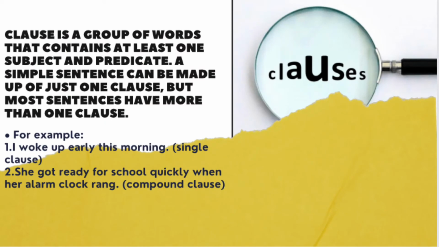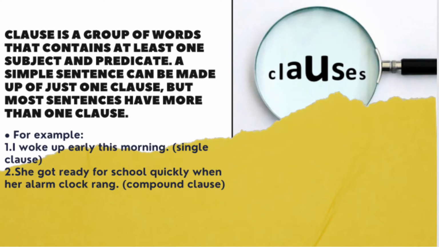A clause is a group of words that contains at least one subject and predicate. A simple sentence can be made up of just one clause, but most sentences have more than one clause. For example, number 1, I woke up early this morning. The sentence has only one single clause. While the second one, she got ready for school quickly when her alarm clock rang. The second sentence has more than one clause, or we call it